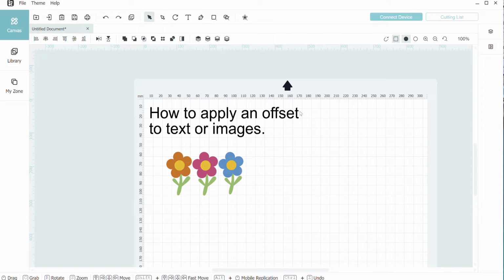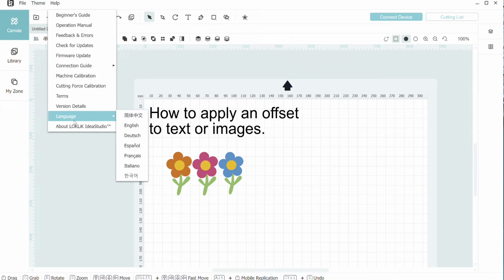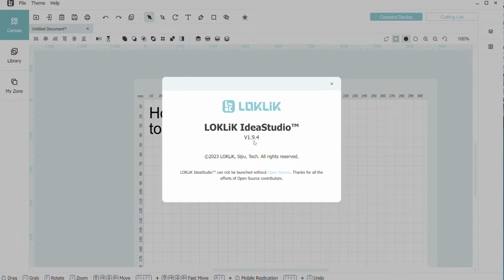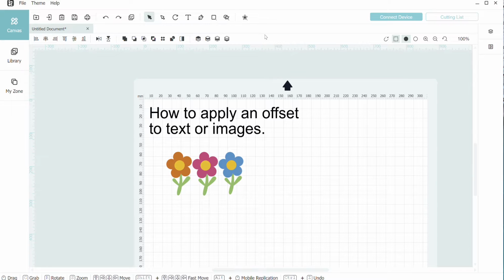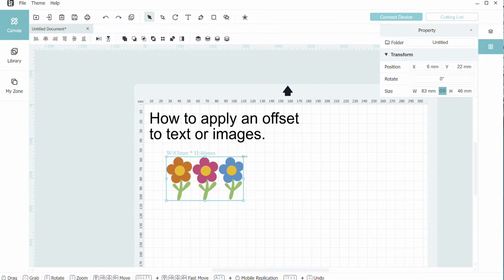All right, so we've gotten a lot of questions on how to apply an offset to text or images within the LOKLiK IdeaStudio software. I want to point out that I am running version 1.9.4, which is the latest version of the software, and the new update came with this new star for offset. So what I'm going to do here is just simply show you how easy it is to apply an offset